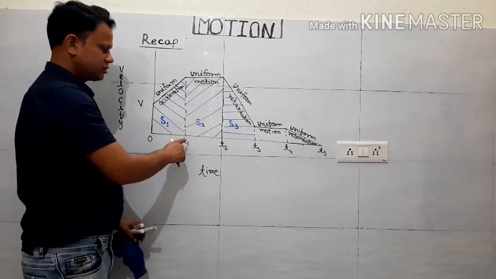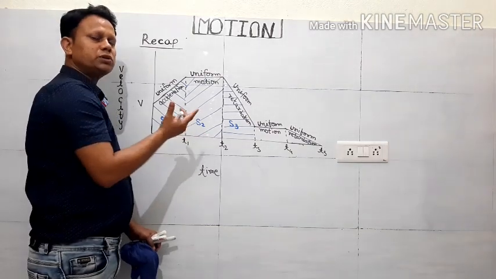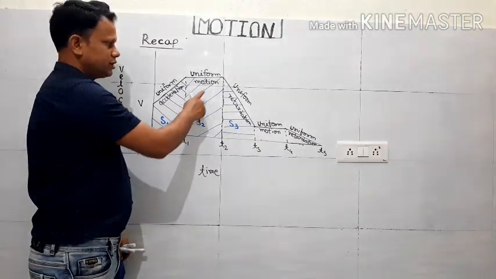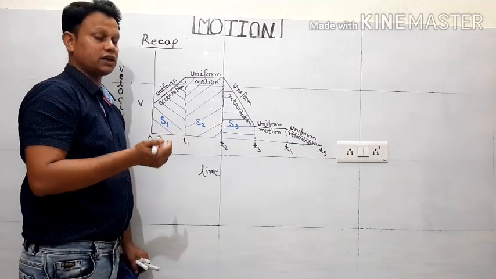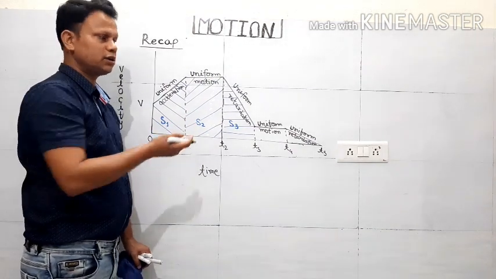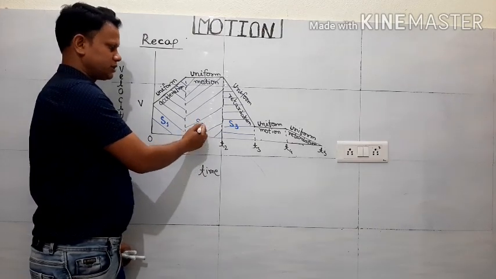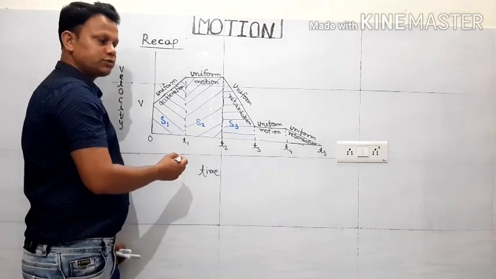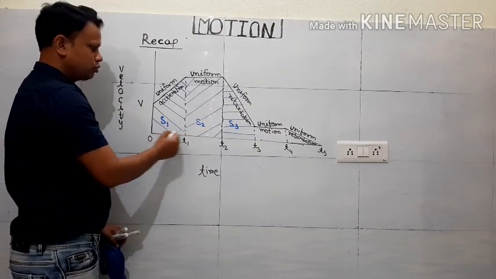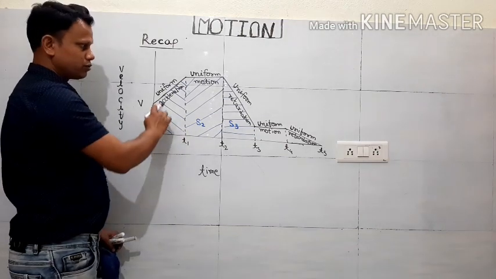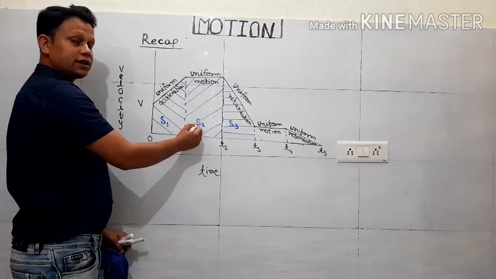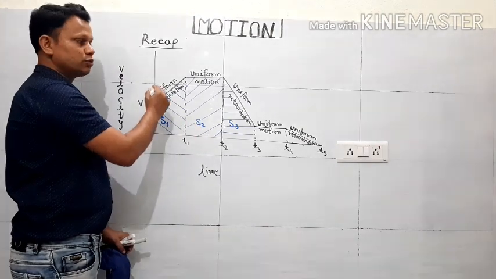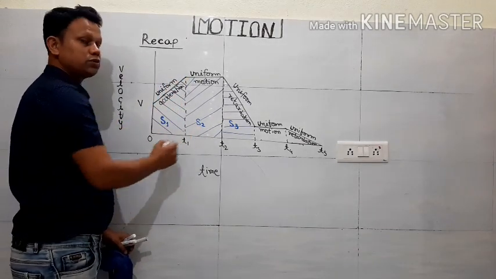Now somebody is interested in how much displacement has taken place between t1 and t2. Then you find out only this part's area, which looks like a rectangle. According to the formula for the area of a rectangle, you can find the displacement. Suppose I denote it by S2. Now somebody is interested in 0 to t2. Then what do you have to do? For the total displacement, you add the S1 and S2 areas, which gives you the total displacement between 0 and t2.